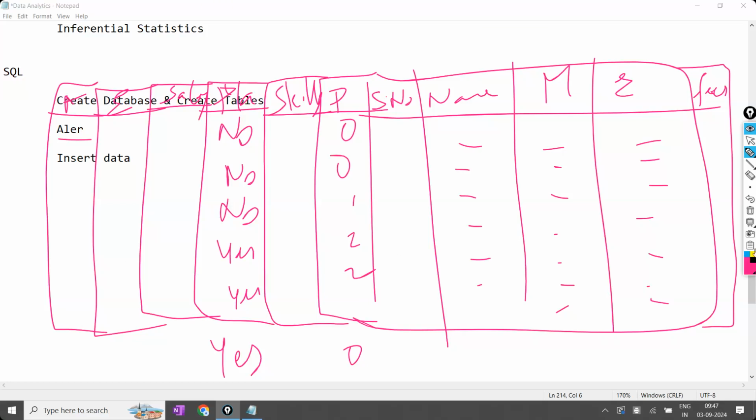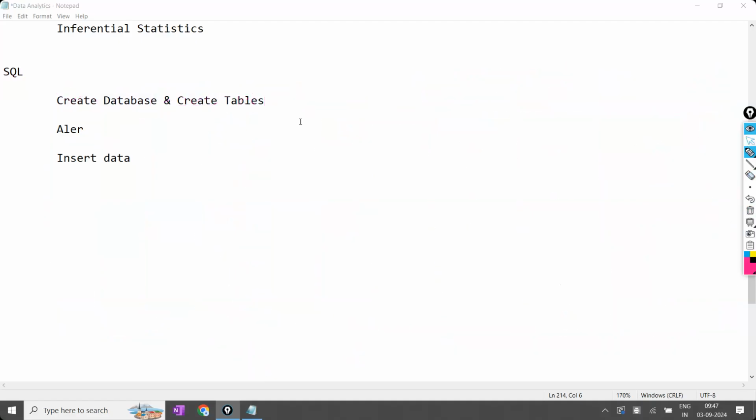Now, I'm going to analyze the data. For analyzing the data, what I require is, first I have to create the database. I have to alter the database. I have to insert your data into this. And after inserting the data, I have to extract the data. So the first 2 steps, that is creation and alteration, will be done by the SQL developers or full stack developers. Whatever the creation and alterations are there, will be done initially by the SQL developers or some kind of full stack developers.